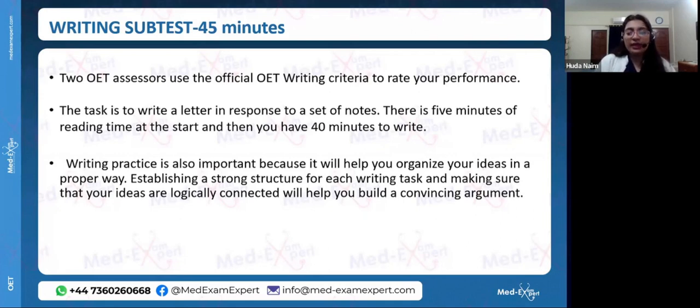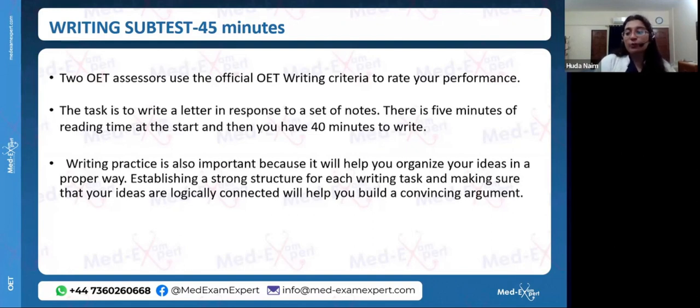And then once you've made your decision, you start picking out the most important key points of what you think the other doctor should know, the positive points and the negative points as well. Anything that is required for diagnostic purposes or for management purposes, you have to mention. And then once you've made up your mind about the different ideas you have to write in your letter, you organize your ideas and then you start writing it.